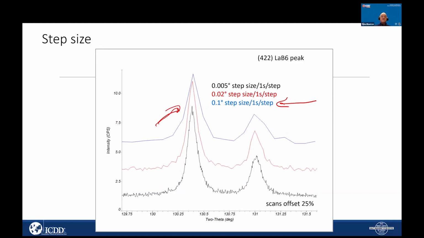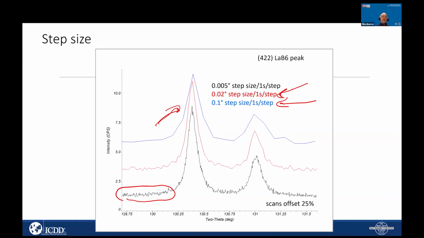And this is because the step size is too big. At 0.005, I'm getting a good peak profile, but I've got so many data points, it's not really giving me any additional information, and so it's probably a little bit too small. And in this particular case, the 0.02 degree step size is adequate to give us the peak position and the